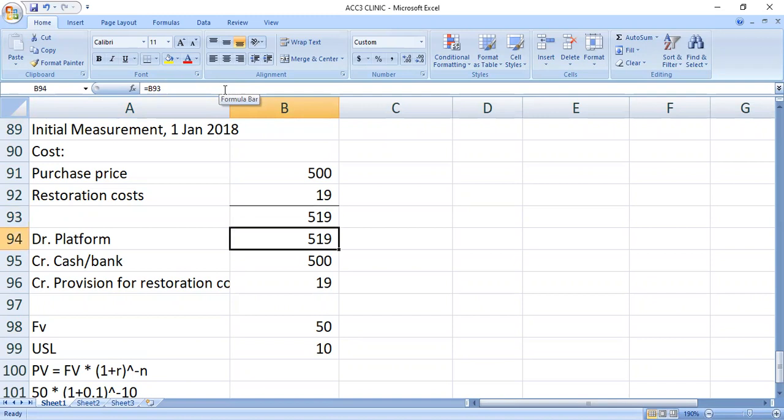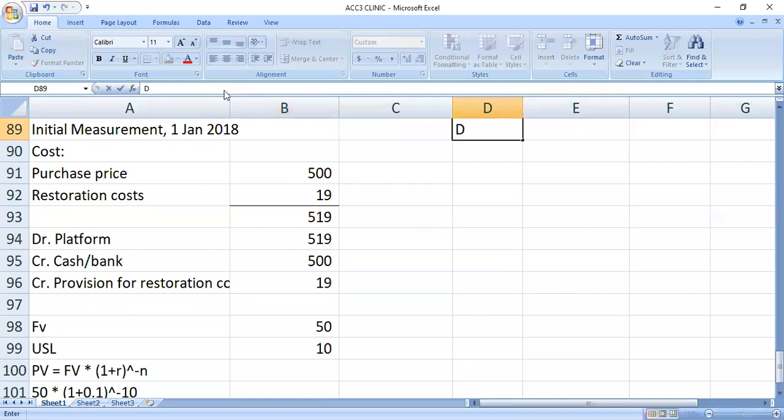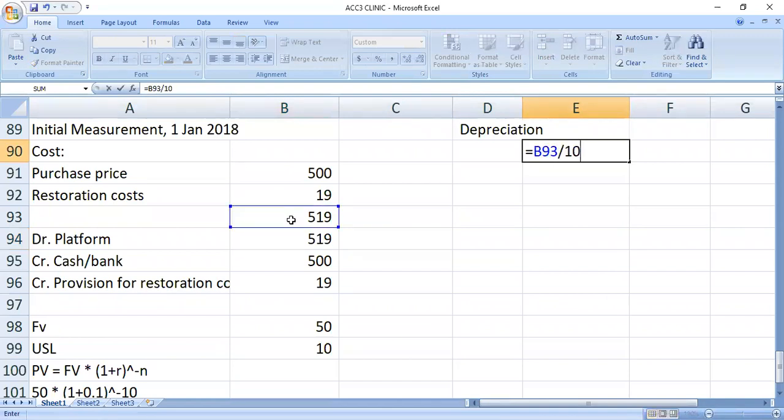Okay, remember it's under the useful life of 10 years, or you're going to be using it for 10 years, and it becomes useless in 10 years. Hence, you depreciate this asset based on the 10 years. So to obtain the depreciation, depreciation is straight, because you have the useful life, the cost and the residual value. So it's supposed to use a straight line. Hence, depreciation is equal to cost over useful life, which is 10 years, giving me 52.